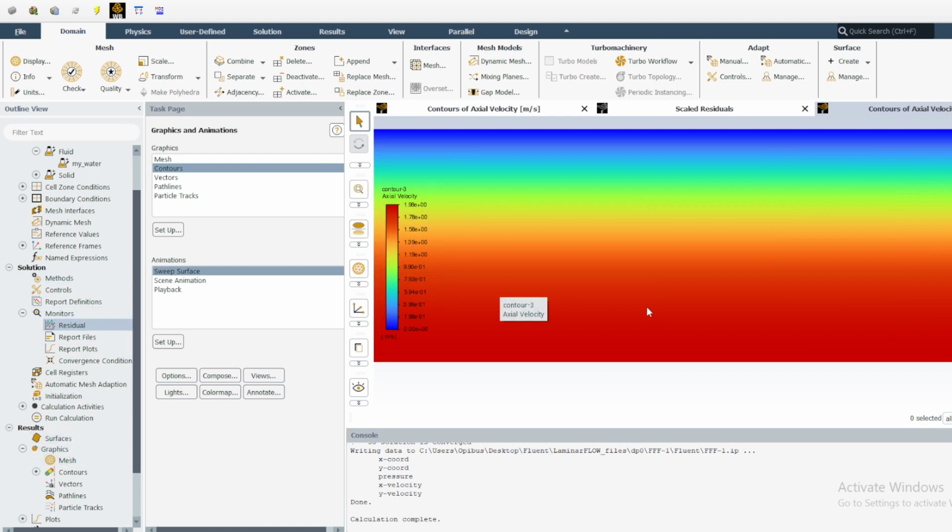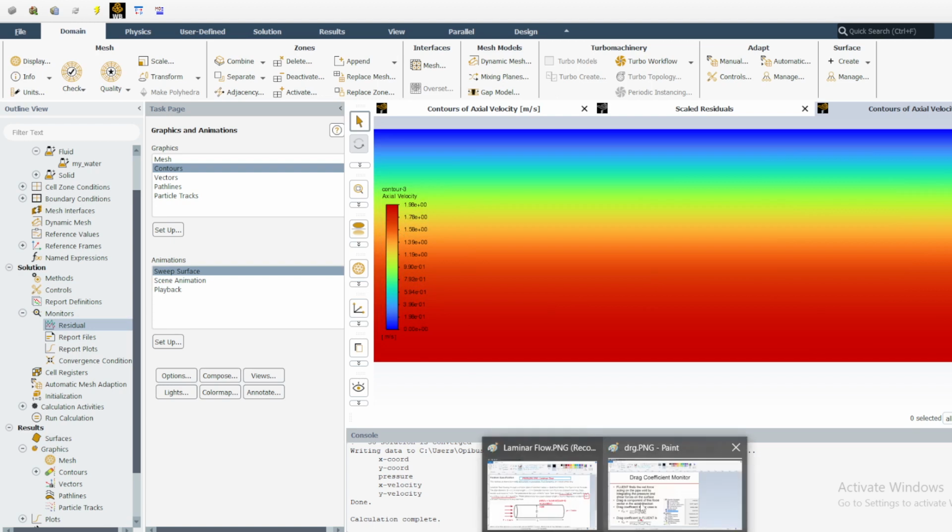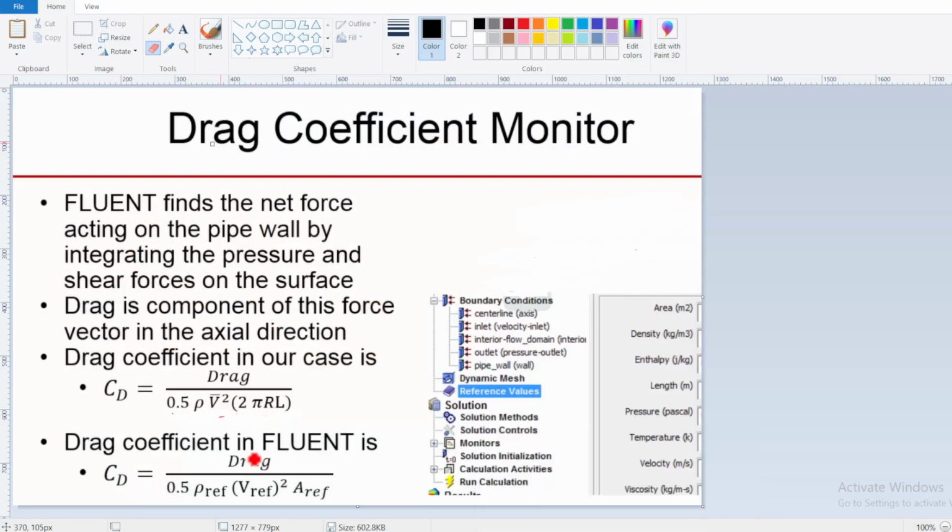There's something else we can use to check. We can either use residuals or we can use drag coefficient. Let me explain what is drag coefficient. Drag coefficient monitor. Fluent finds the net force acting on the pipe wall by integrating the pressure and shear forces